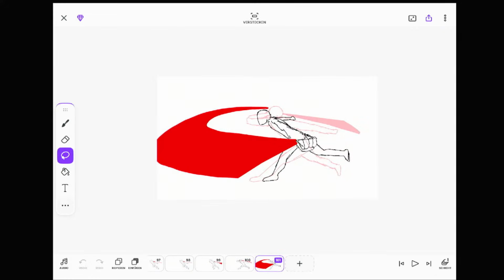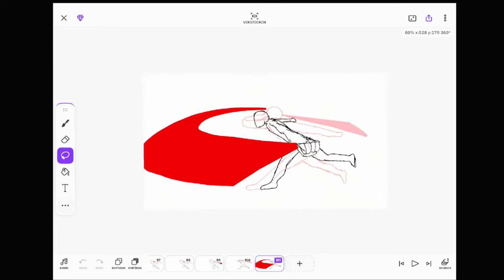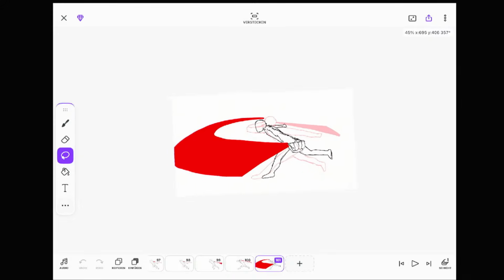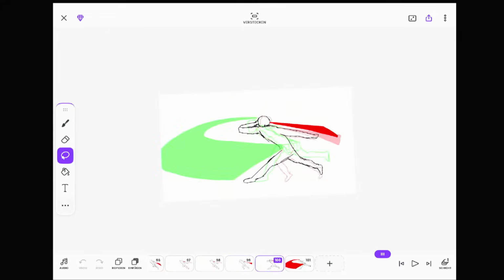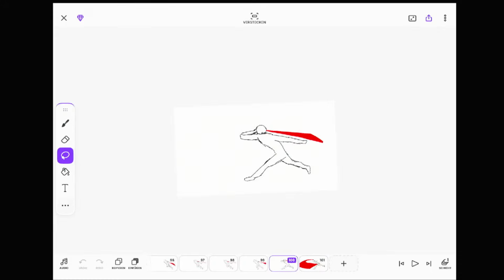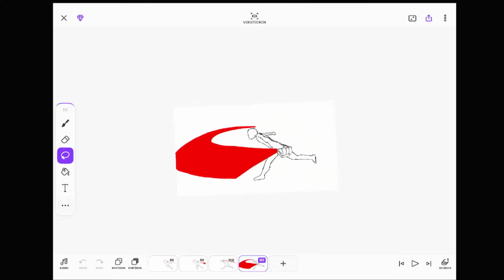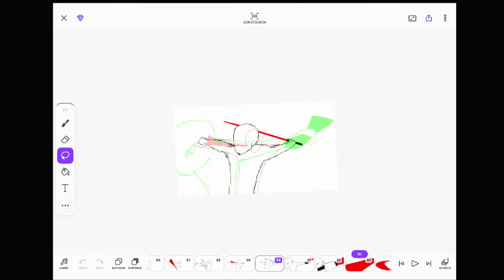Maybe I can fix that when the other character is animated, because I will do a little bit of camera work here, so the camera is following him. That's why it looks at the moment like he's not moving from his place. I think I need to put a little bit more camera work here.